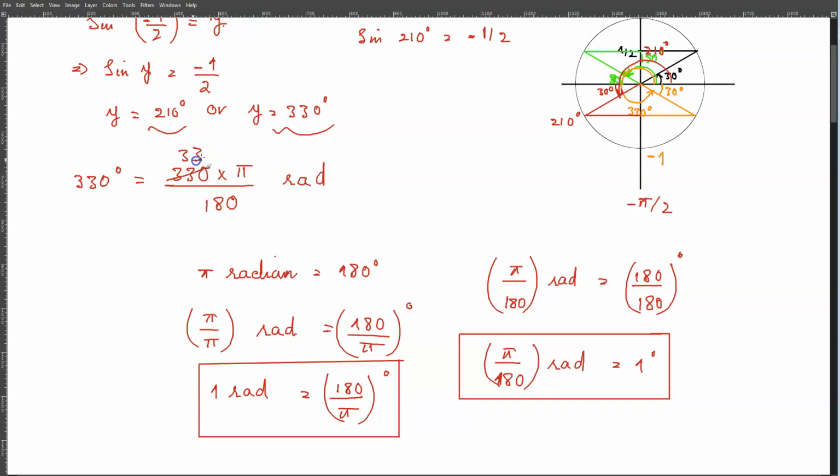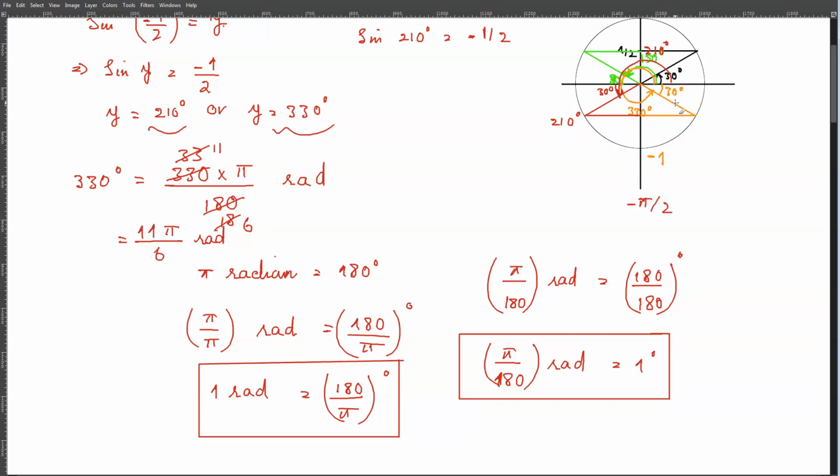Divide by 3 and you will get 11, divide by 3 again you will get 6, so 11 pi by 6 radians. Now 11 pi by 6 is the same thing as 330 degrees, which is